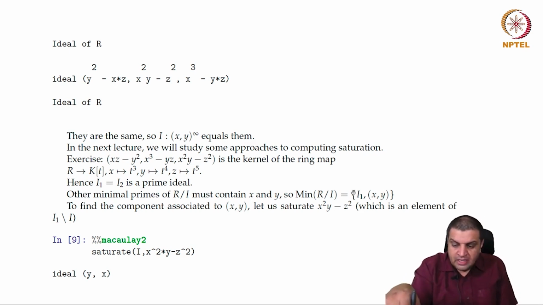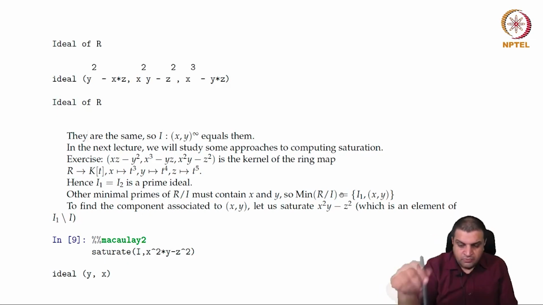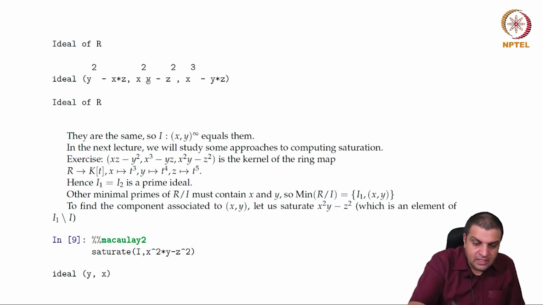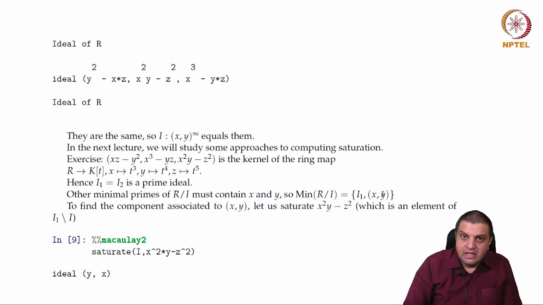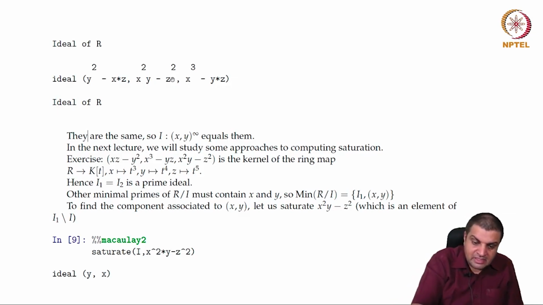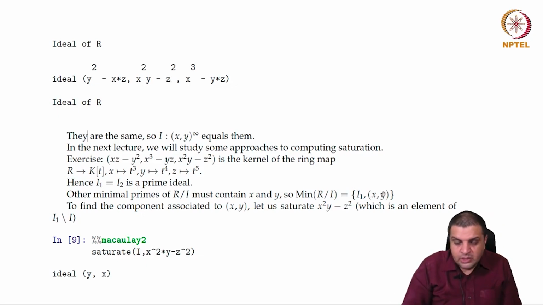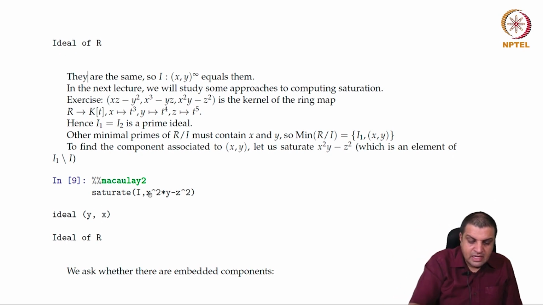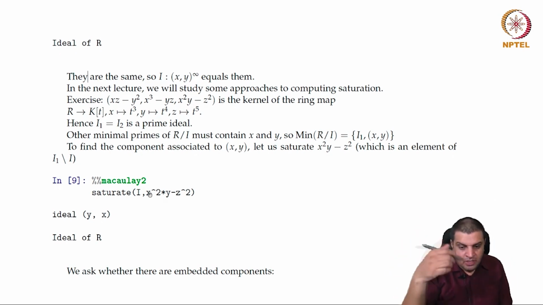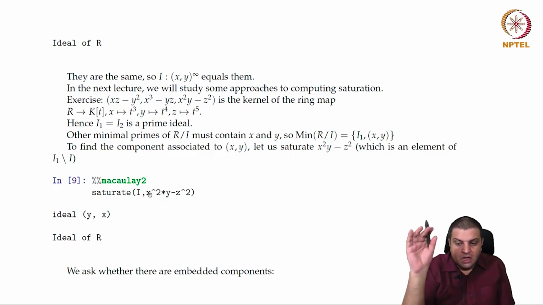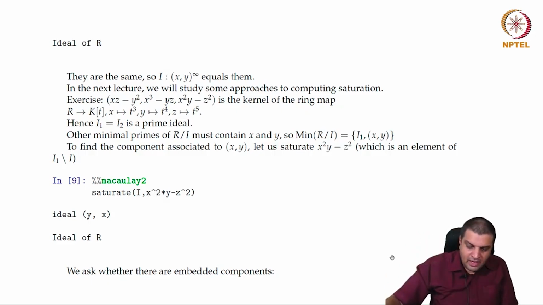for the component corresponding to I1, it itself is the primary component. Associated prime and the primary component ideal are the same. But for the other one, let's take an element inside here. So notice that x squared y minus z squared is not in this ideal. So if you saturate I with respect to this element, we would pick out the component corresponding to x comma y, and it just says x comma y. So therefore, we now have concluded that I is I1 intersect x comma y, and we ask,